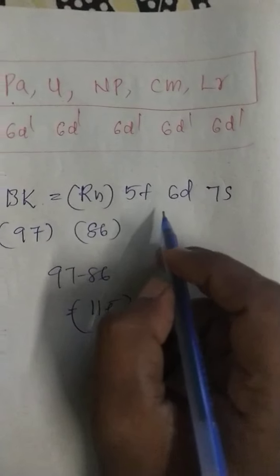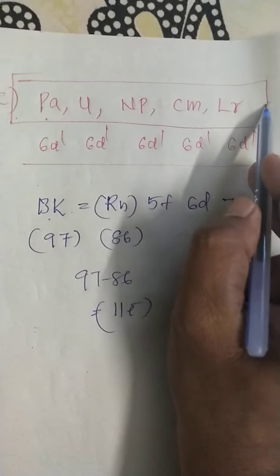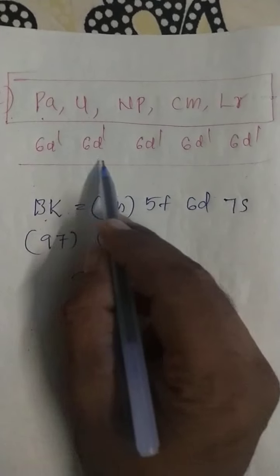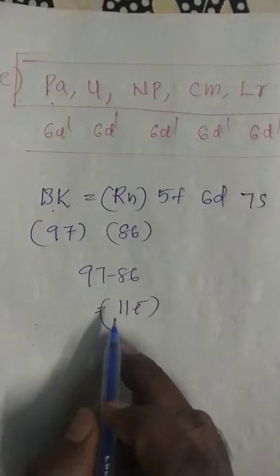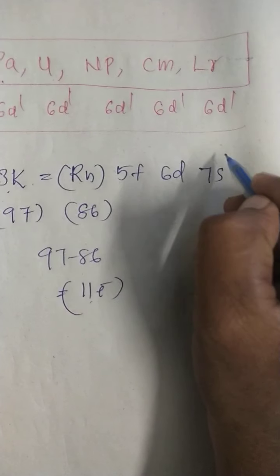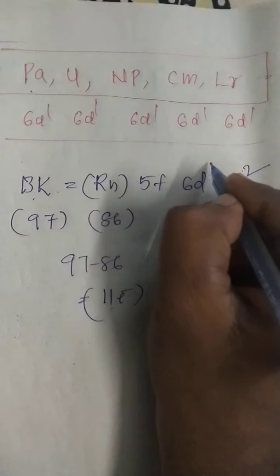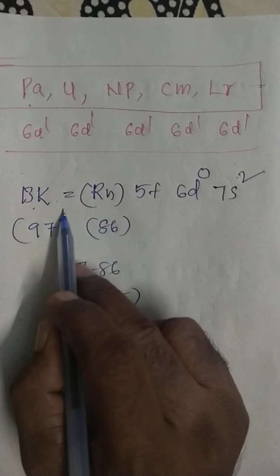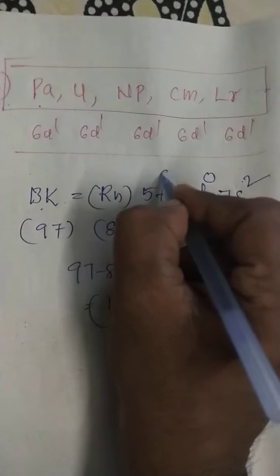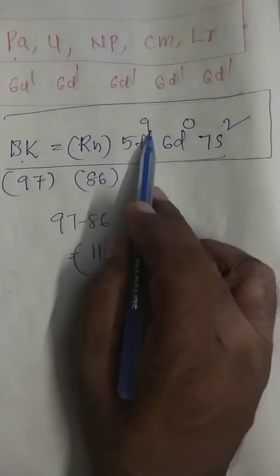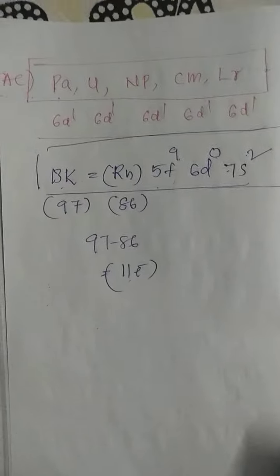In these 11 electrons, berkelium is not part of the 6d area; in the 6d orbital there is no electron. That's why here 11 electrons. As usual 7s has 2 electrons, 6d has 0. The remaining 9 electrons are located in 5f. So what is the electronic configuration of berkelium, my dear students? Radon 5f9 6d0 7s2. Okay?